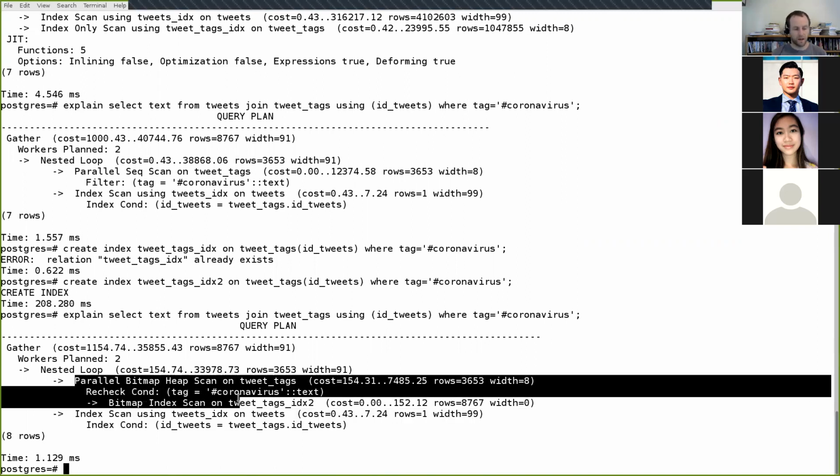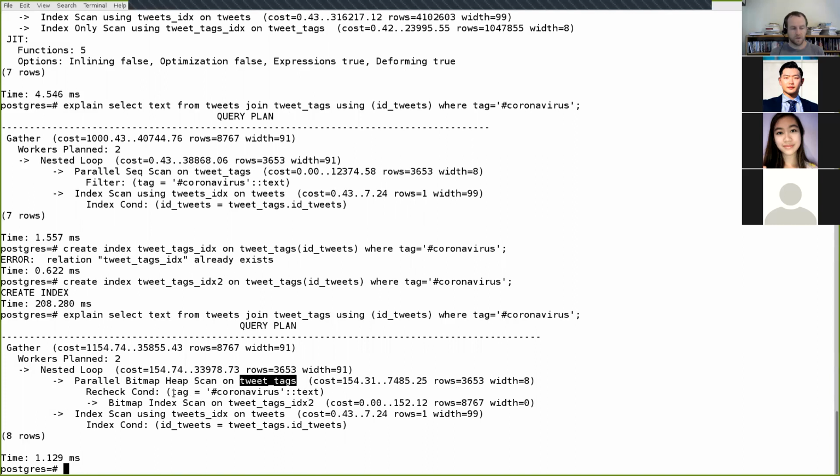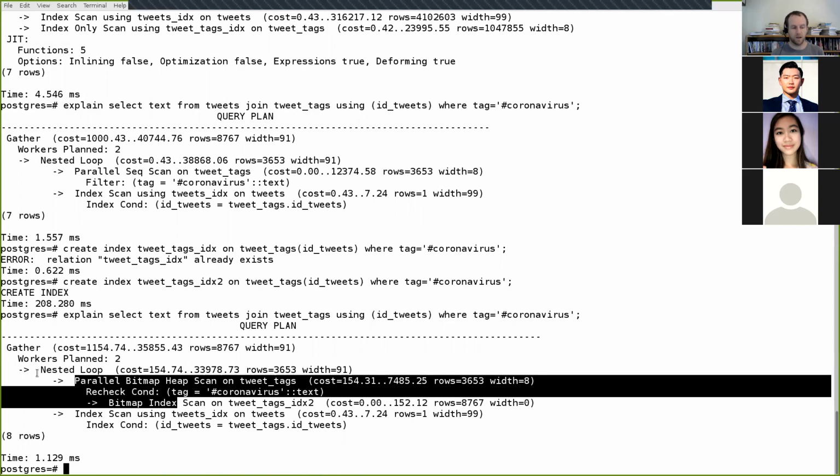Here, it's using a bitmap index scan to first gather together all of the results from the tweet tags table that match the hashtag coronavirus. That's going to be a relatively small number. And so then it's choosing to use that small reduced table as the outer for loop in a nested loop